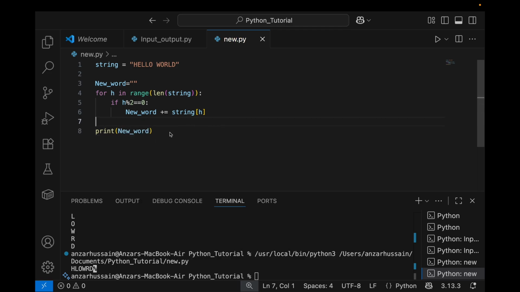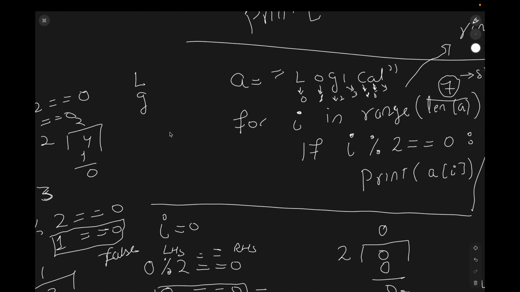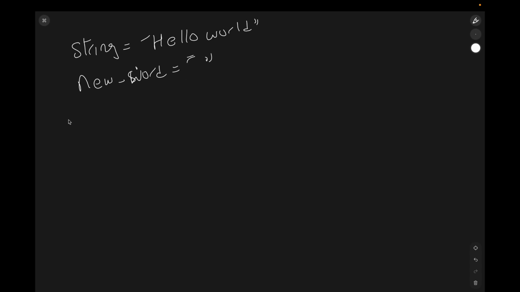Okay, let's see this piece of the code, what we are doing here. So what we are doing here is something like this. Let me write the code here, exact code. I will be saying here string, and this string is containing hello world, right? Then we created a new word, that's new underscore string, yeah, new word, and I kept it as empty. And here I am saying for h in range